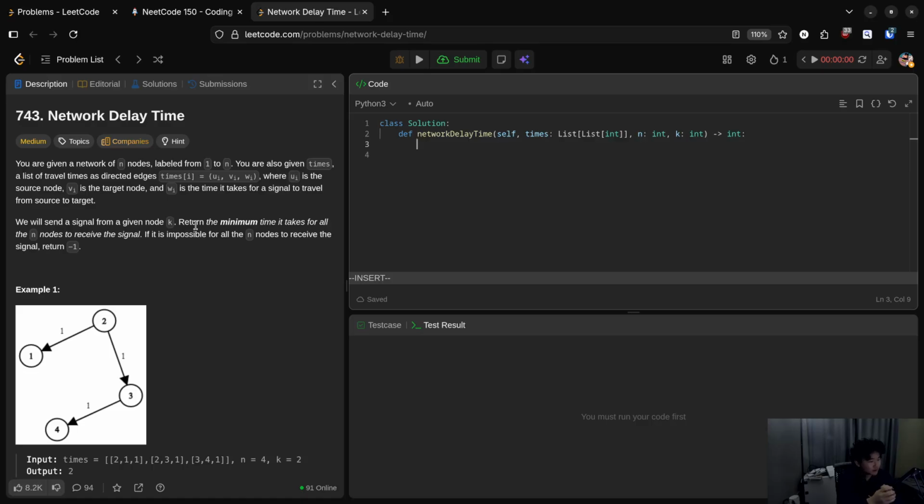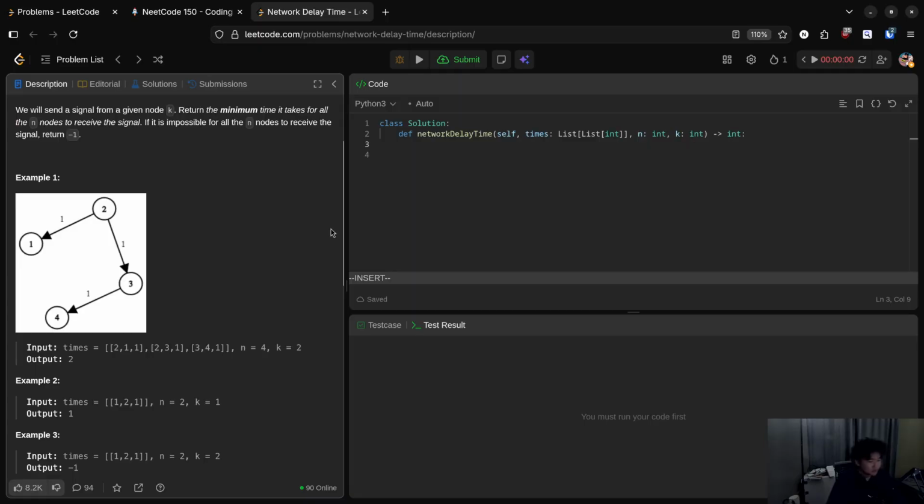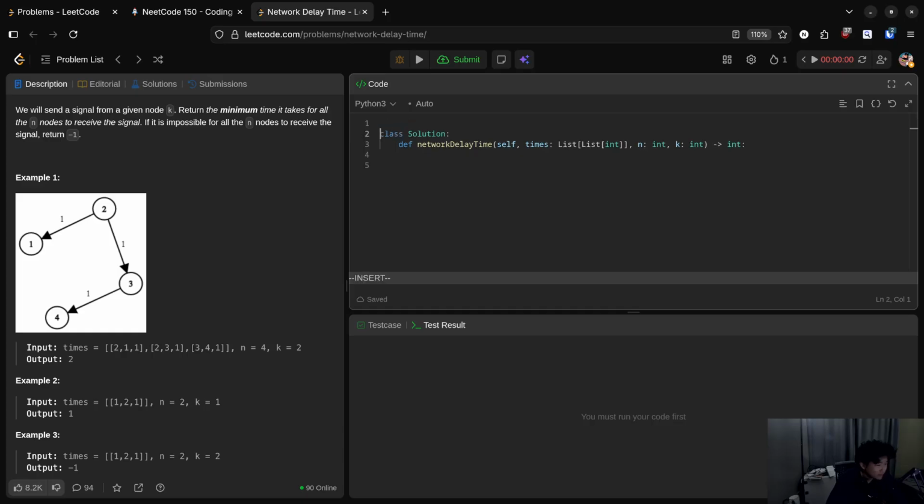Okay, some directed graph. You're given a signal from a given node K. Return the minimum time it takes for all the nodes. Okay, minimum amount of time? So maybe some